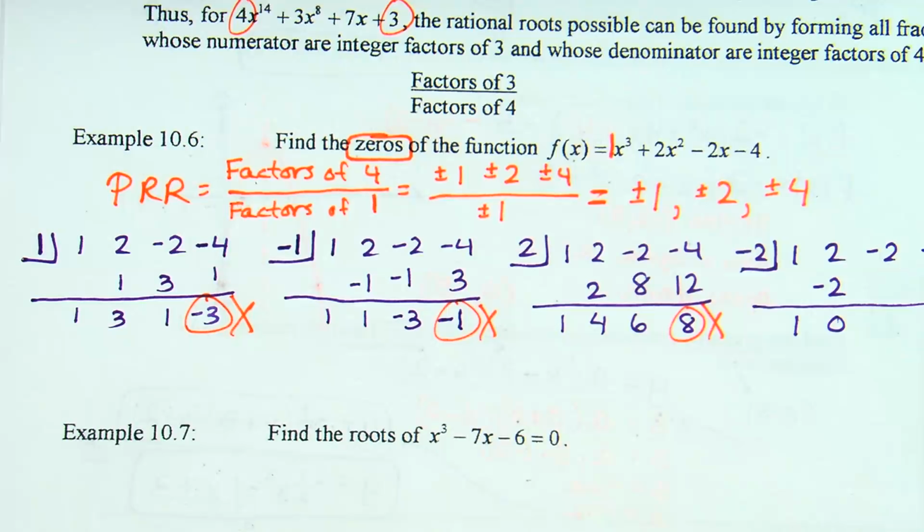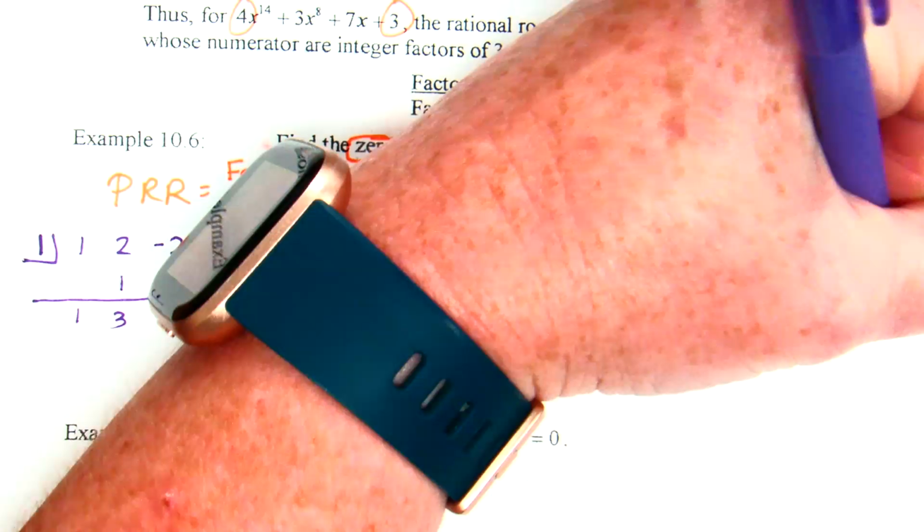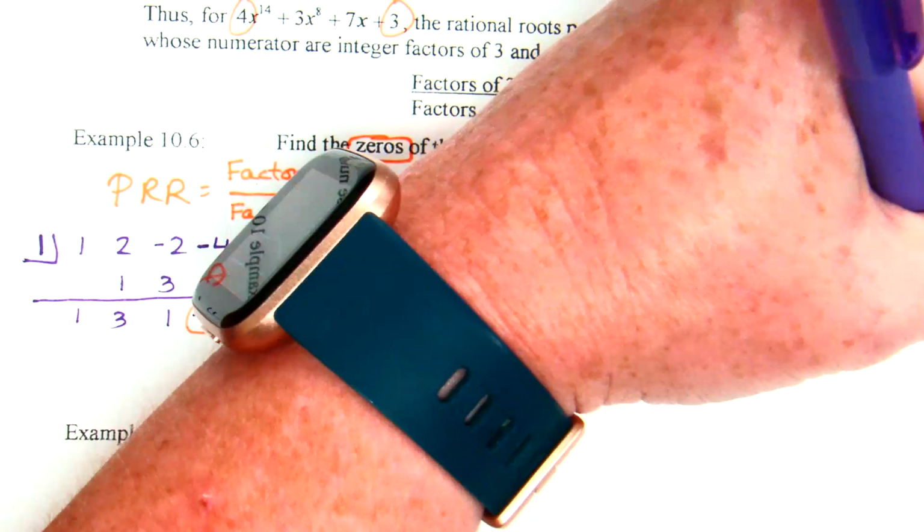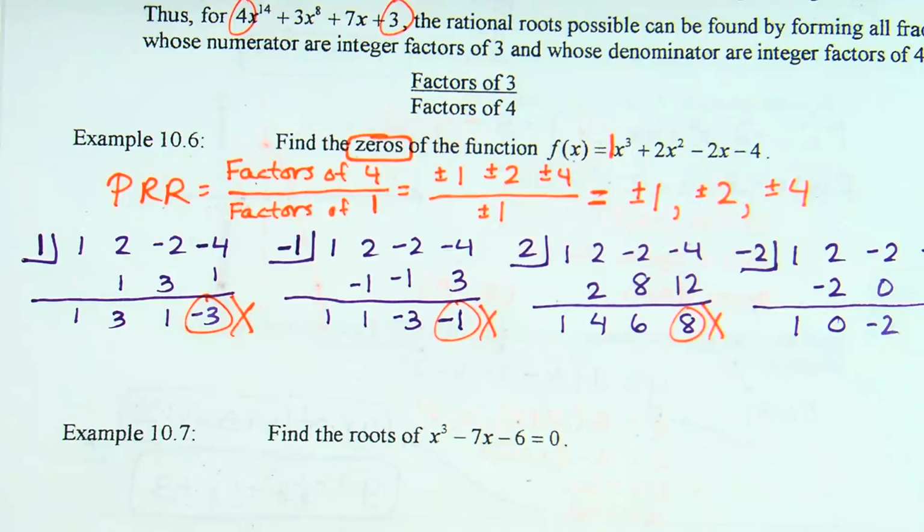Okay, -2 times 0 was 0. -2 plus 0 is -2. -2 and -2 is +4. -4 plus 4 is 0. And all of that to say, this one works, doesn't it? Okay, so